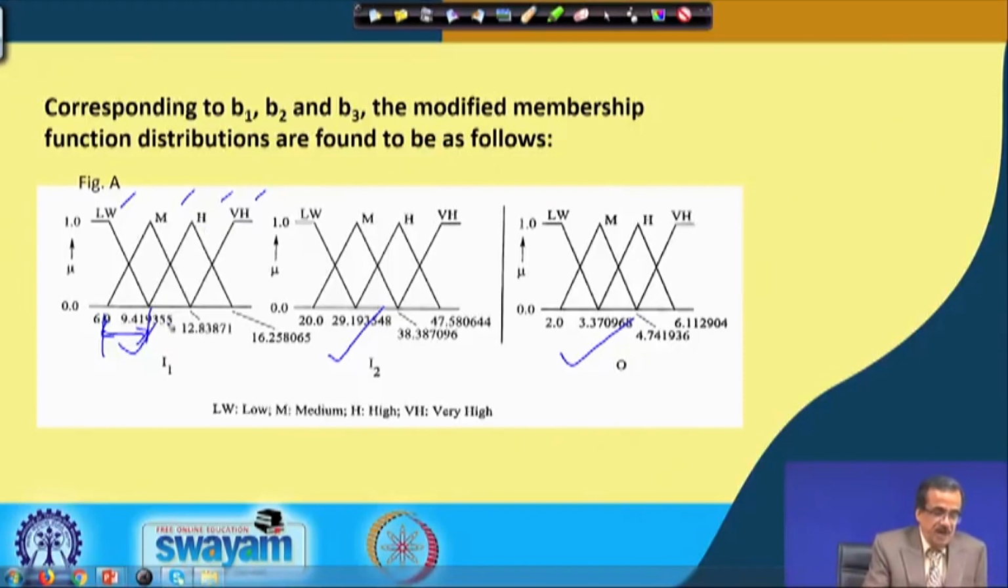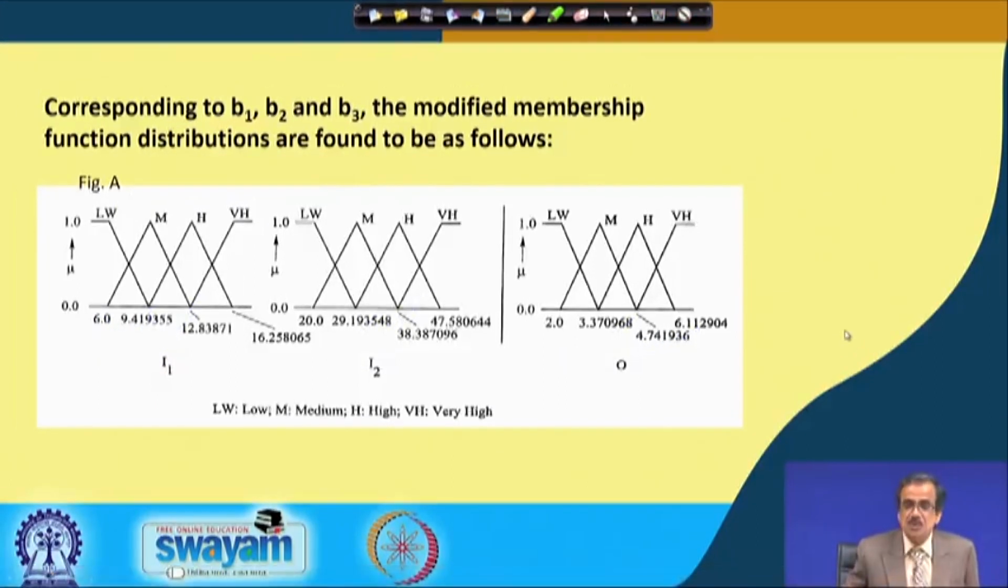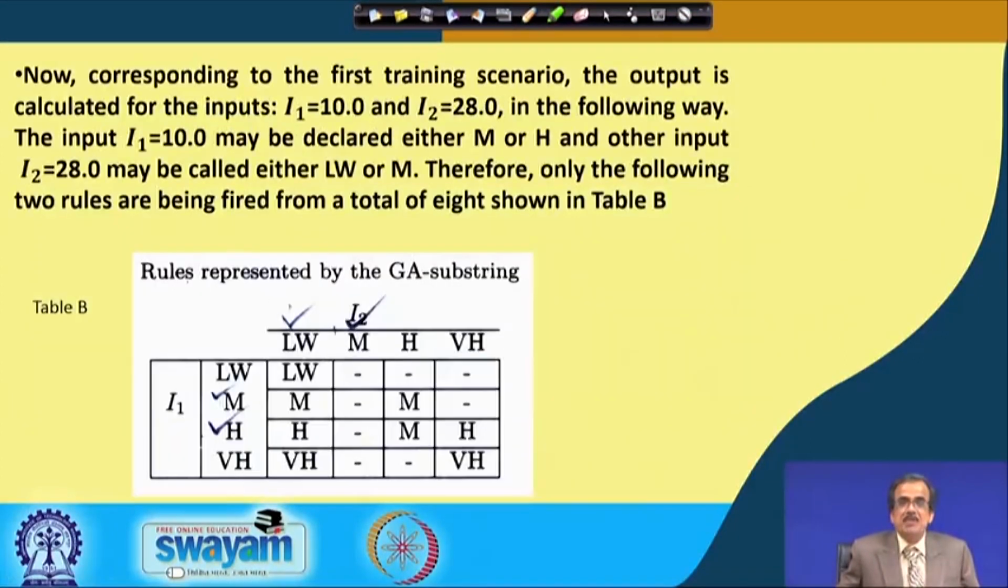So, this is the modified membership function distribution for I 1, for I 2 and for the output. Now, what we will have to do is find out what should be the rule base, which is represented by this GA string. Before that, let me say that if I put I 1 equals to 10